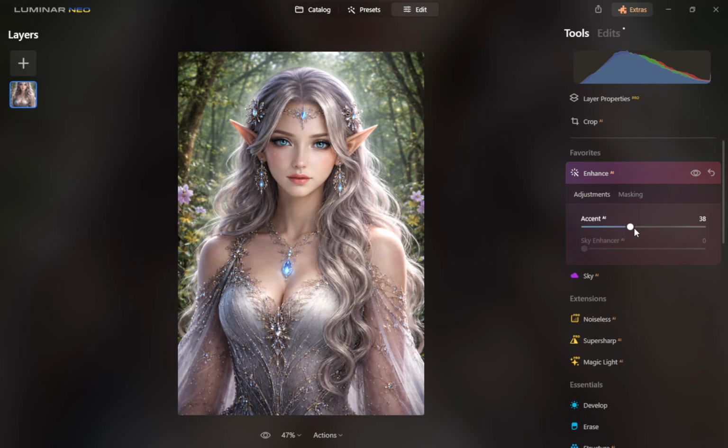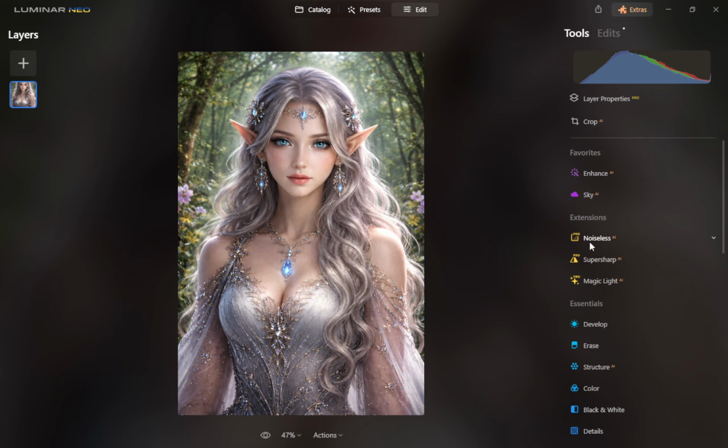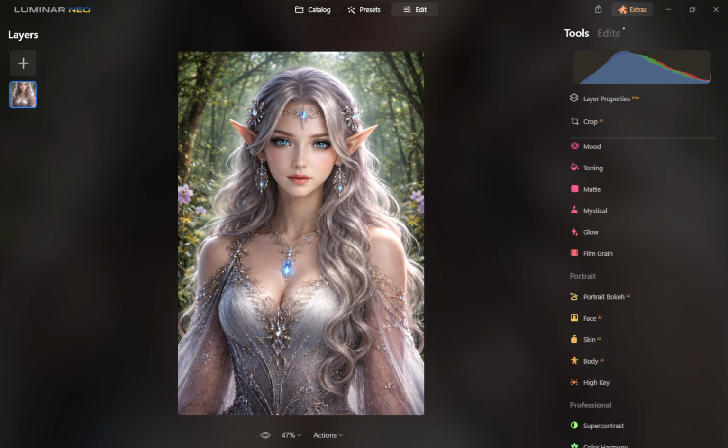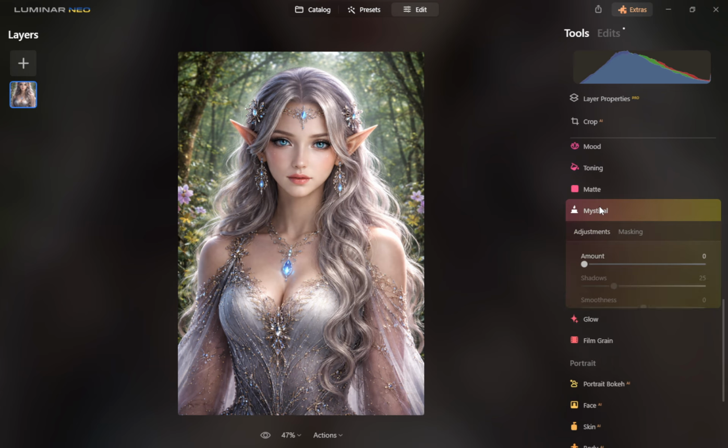Next, let's shape that dreamy atmosphere with the mystical effect in the creative panel. Gradually raise the amount until the scene softens and feels ethereal, not hazy. Use smoothness to control how broad the glow spreads, and fine-tune saturation and warmth to taste. If you lower the shadows a touch, you'll deepen separation between your subject and the background while keeping a gentle